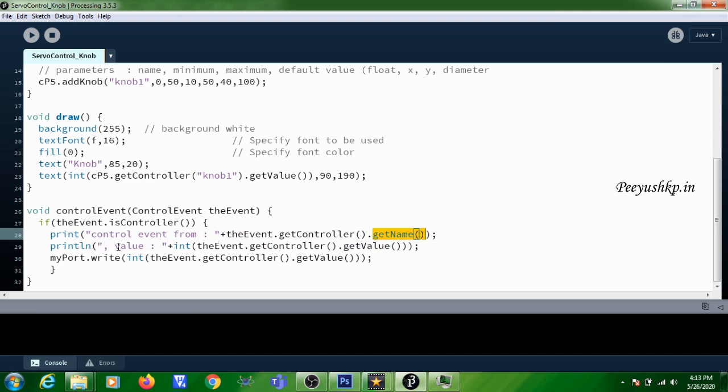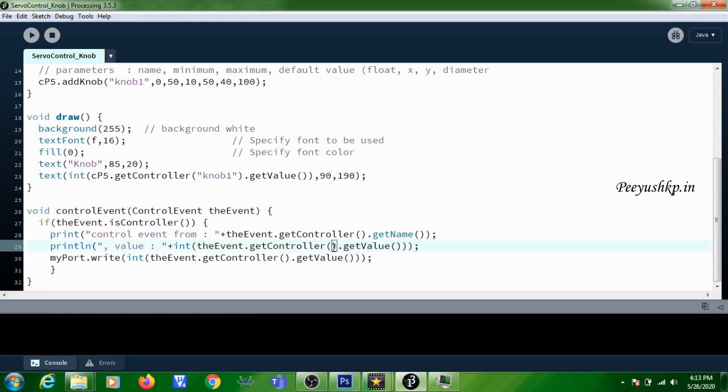Then after that you should display the value. How will you get the value? event.getController().getValue(). Here in the brackets I am not specifying any name, because whichever controller is generating an event, if you have 10 knobs, any of them can change the value and generate an event. Whatever controller has generated an event at this point of time, that value will be available.